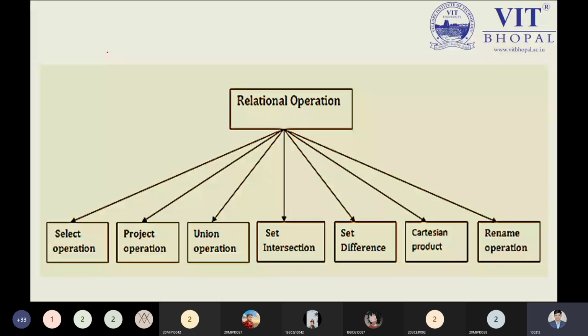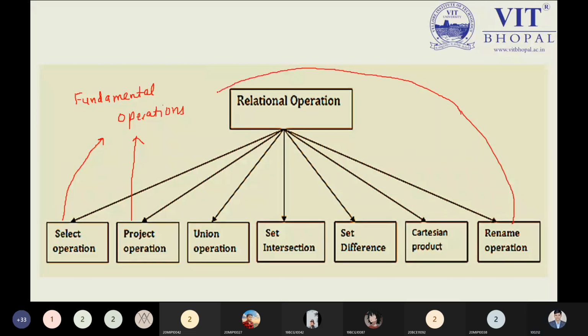Talking about the fundamental operations, let me make it clear once again: select is a fundamental operation, project is also a fundamental operation, and the rename operation is also a fundamental operation.